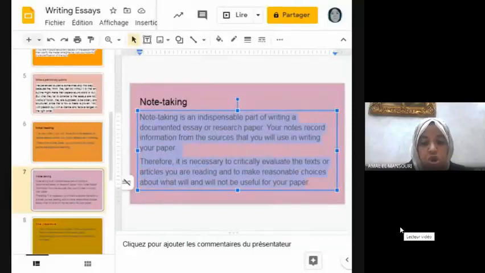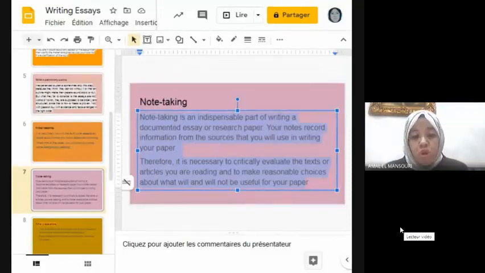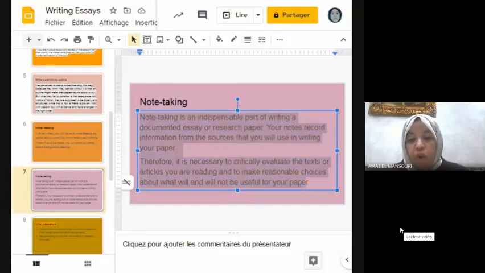Your notes record information from the sources that you will use in writing your paper. Therefore, it is necessary to critically evaluate the text or articles you are reading and to make reasonable choices about what will and will not be useful for your paper.